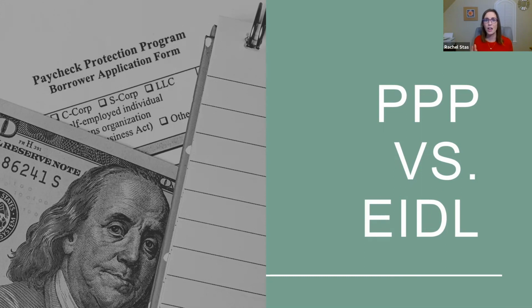The big thing is the brilliance of the PPP loan is that it is forgivable. Especially with my 1099 clients, all you have to do is pay yourself 100% of the money. Well, ta-da, you're going to do that. So it's going to be entirely forgivable, most likely in your circumstances. And so that is a big pro.